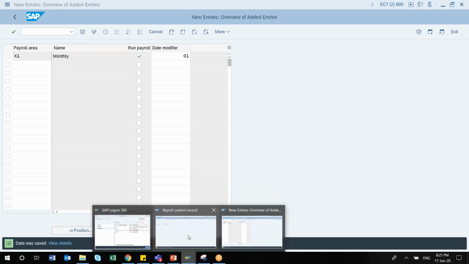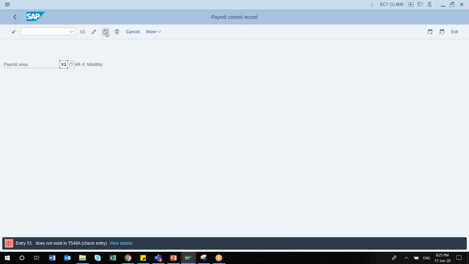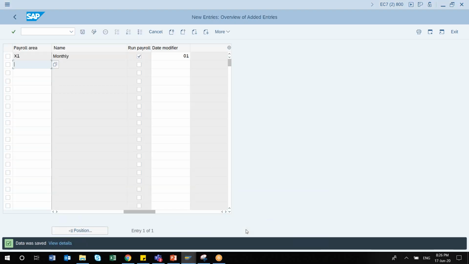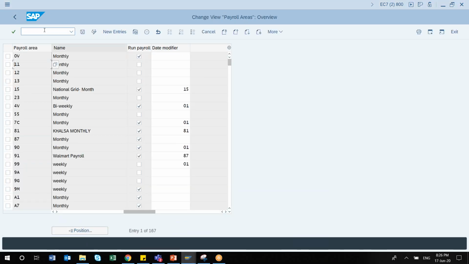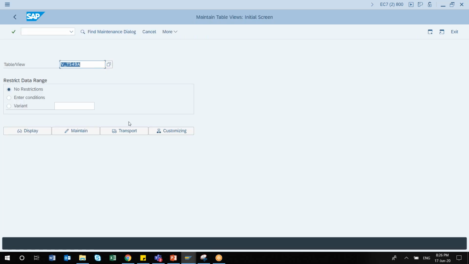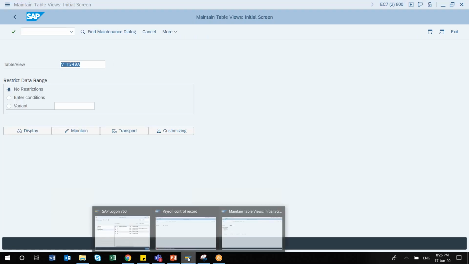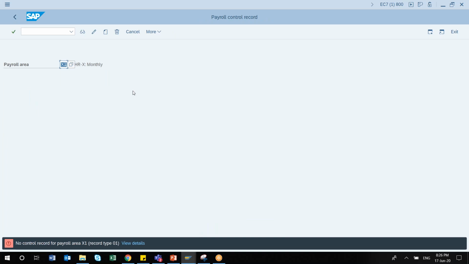Actually, here also there is an option to create it, but before that you have to align it there. Ideally this is for your changing. So you can view whatever payroll area you have created. Now you can view it. Let me come back to that record. It is already saved. We can do other updation and other configuration by going directly into the table and updating directly in the table.